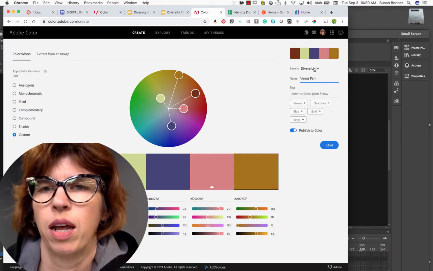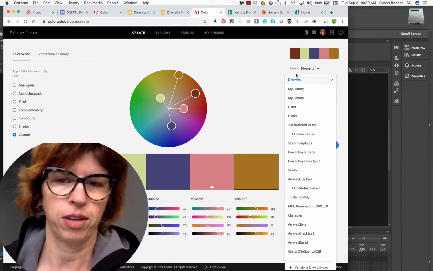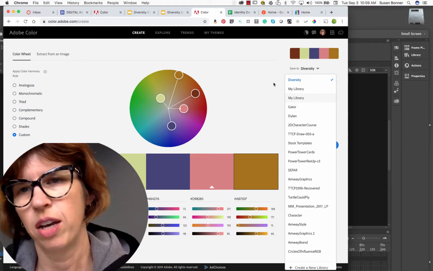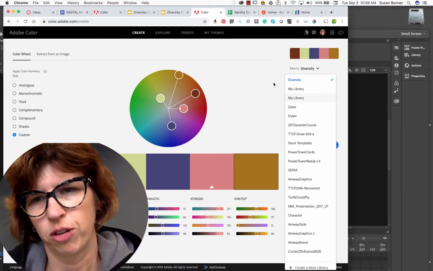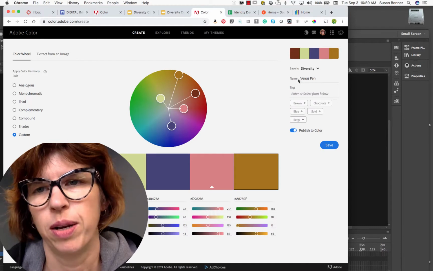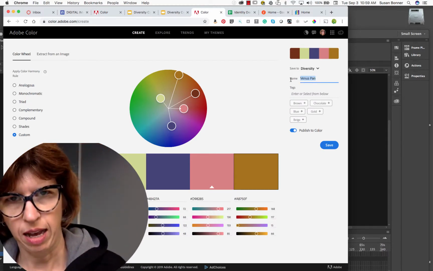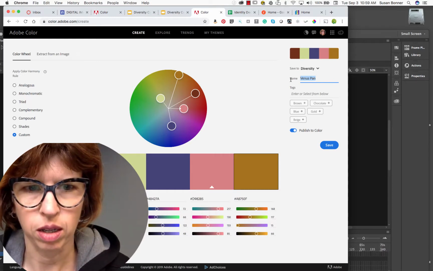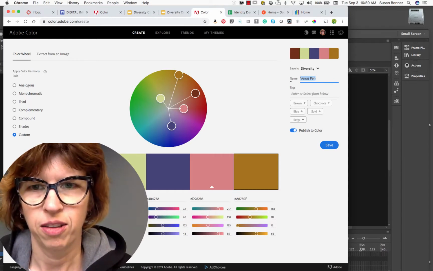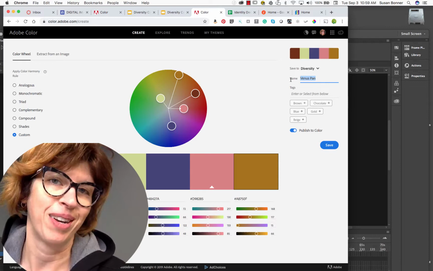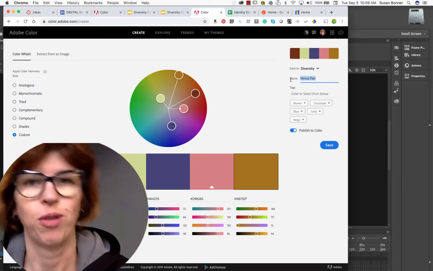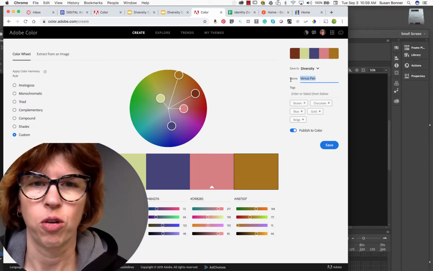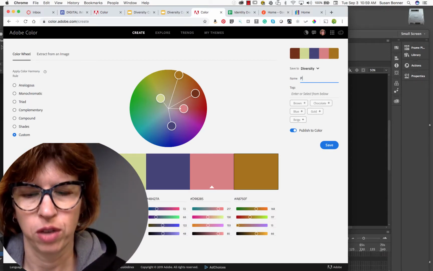So I have different palettes saved. You'll want to start to save a different name for them. So this is a diversity deck. You're starting to build a diversity color deck. You can call it whatever you want, but the name is what you want to have be very specific, because it's something that can be in Adobe Color, and you want to be able to use it for more things than once. So I'm going to call this, according to my character, which is pink